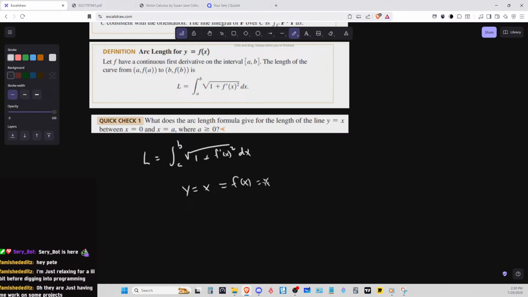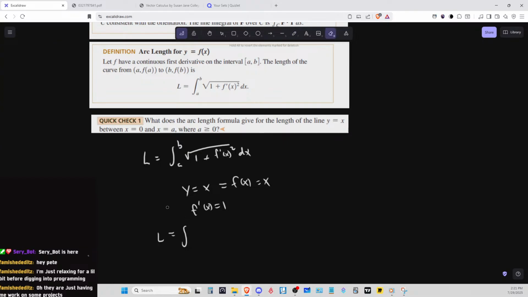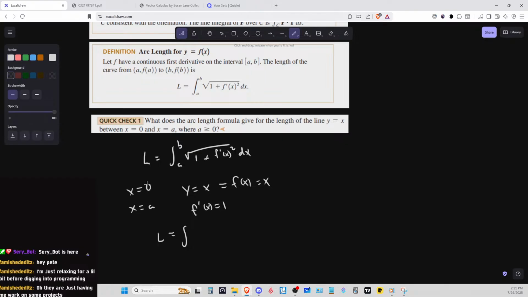So the derivative of f is going to be 1. So the arc length from x is 0 to a,